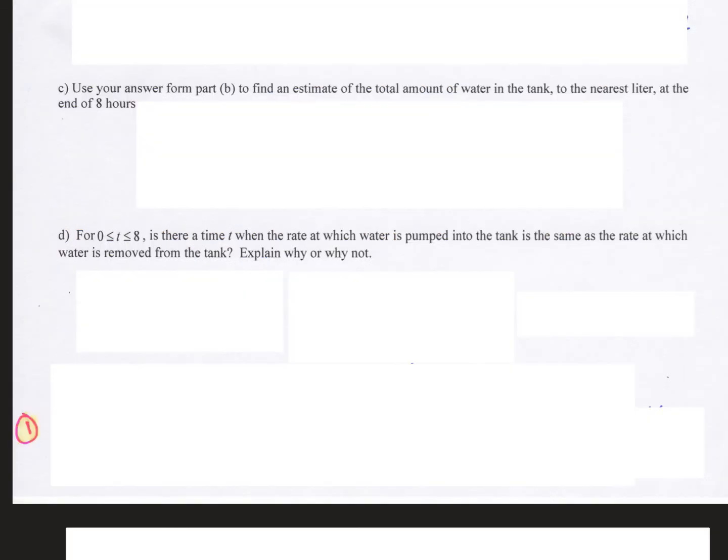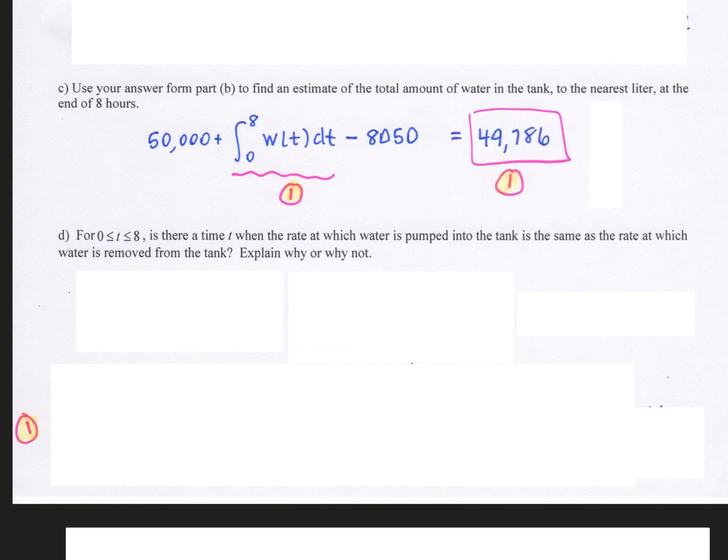Part C wants me to estimate the total amount of water in the tank to the nearest liter at the end of 8 hours. There's 3 things to consider. The amount of water that is there initially, which is the 50,000. I need to add the amount that is coming into the tank, so I'm going to integrate that rate, W of T. And then I need to subtract out the amount of water that's leaving, which is actually just my answer from part B. And when you put all that together, rounding it to the nearest liter, you get